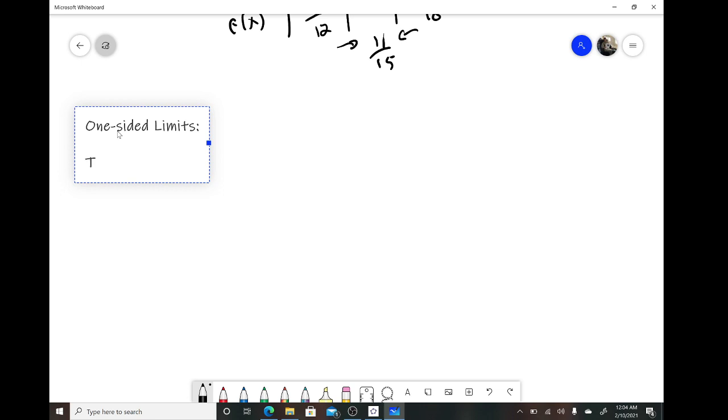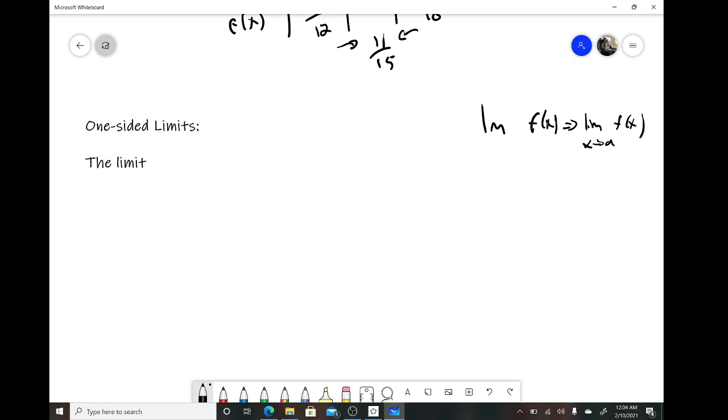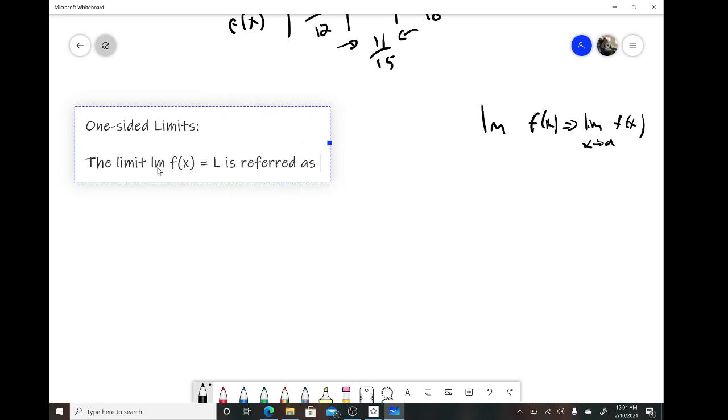Okay. So first of all, I'm going to try to figure out a nice way of doing it. But for now, what I'll say is this. When I type in LM, I'll do LM f of x. And this will be for limit as x goes to a of f of x when I type it. That's a nice conversion. So the limit of f of x as x goes to a equals L is referred to as a two-sided limit